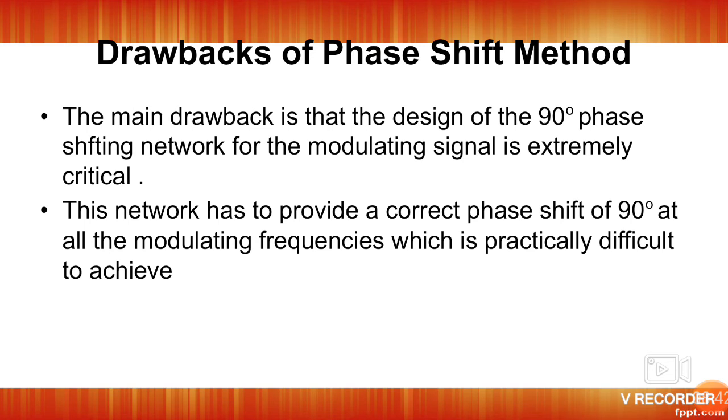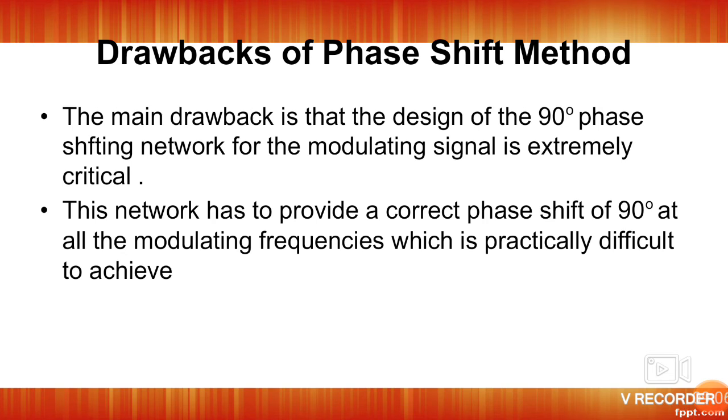So if we want to get the LSB, we can give the phase shift as upper product modulator directly and lower product modulator with a 90-degree phase shift. If the other sideband is needed, we can reverse that: product modulator 1 is given the 90-degree phase shift and the other product modulator is given directly.